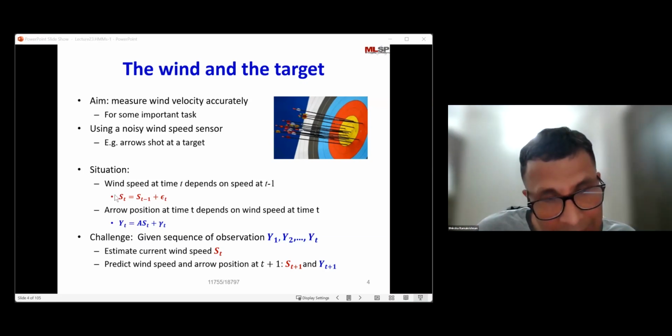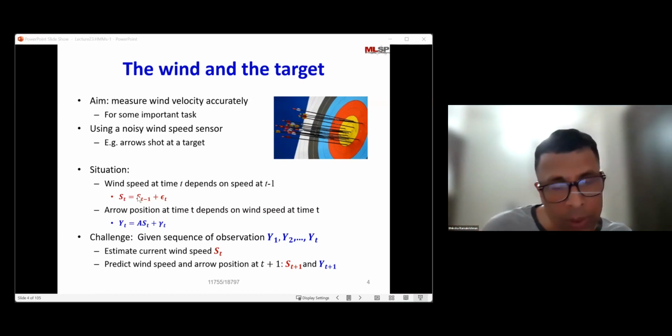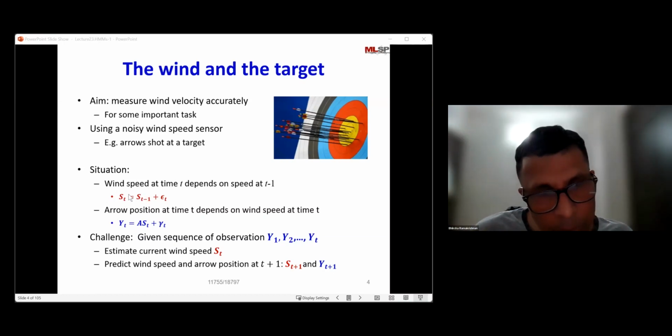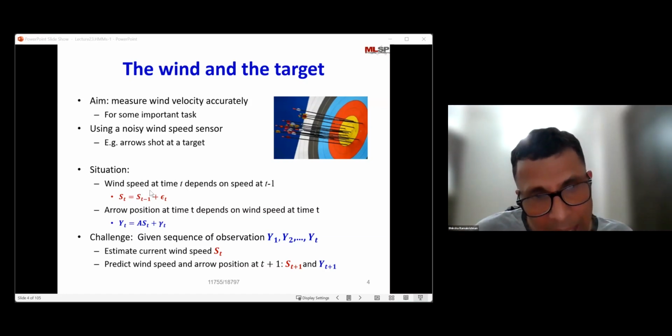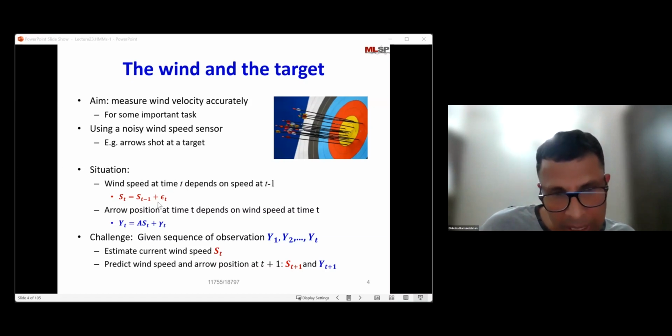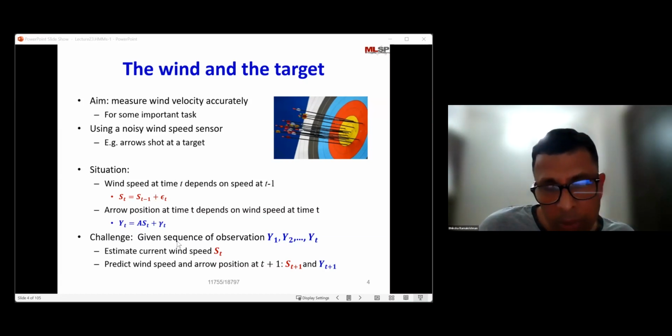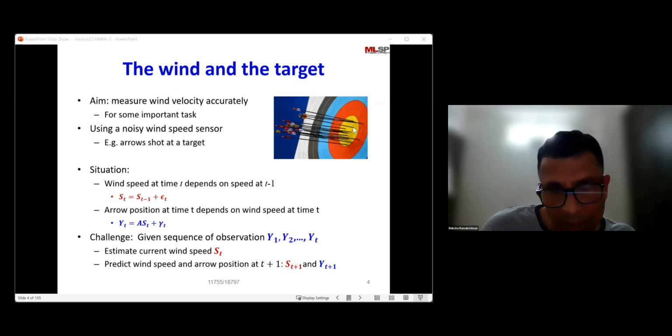So if you're constantly shooting arrows at a regular rate, the wind velocity at any time t is going to be more or less the same as the velocity at the time t minus 1, and it would have changed by some value epsilon t, correct? And so let's say you keep shooting arrows and you make a sequence of observations y1 through yt. So given this sequence of observations y1 through yt,